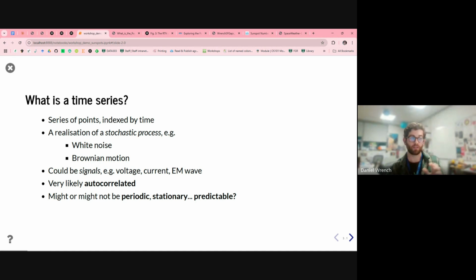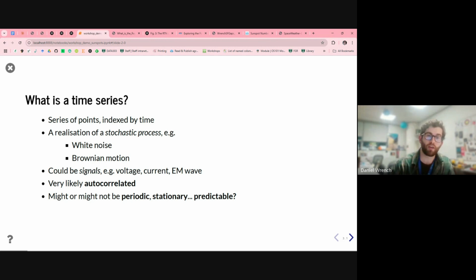Now, this is an important fact because you might also think, well, if you're taking measurements in space, you're also going to see the same phenomenon of autocorrelation. So therefore, a lot of the methods that we use for time series are also very applicable to spatial series because they have the same phenomenon of autocorrelation. Except then you're dealing with 2D or 3D autocorrelation as opposed to just 1D, which is what we're focusing on here.